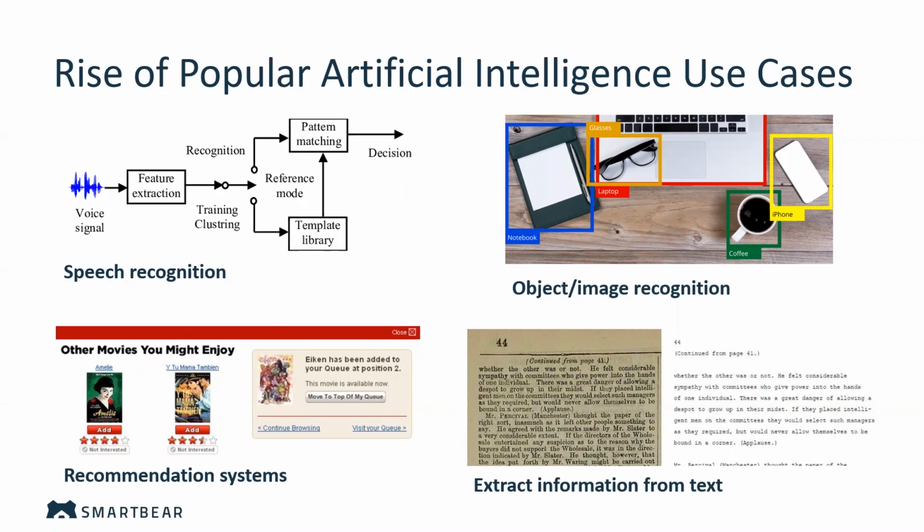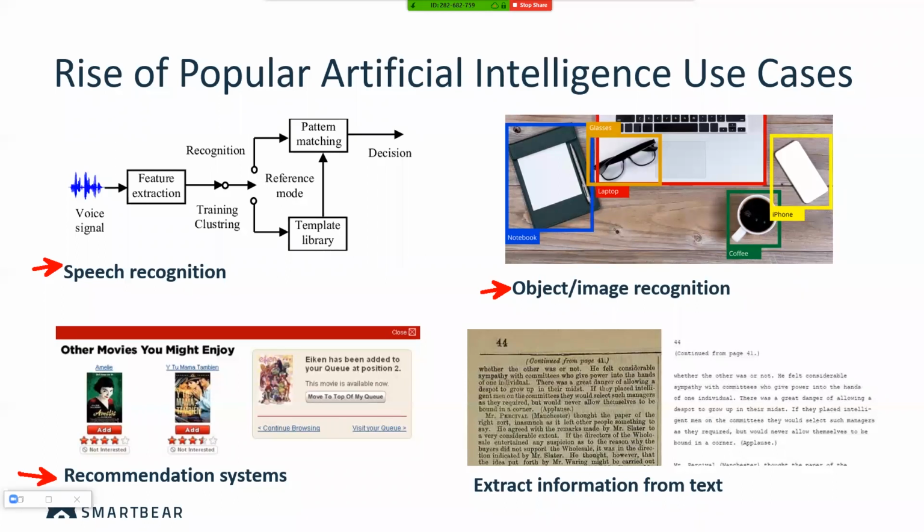Some popular use cases of AI, not just in software testing, are speech recognition, object recognition, that is in software testing, and recommendation systems. So if you're ever wondering, oh, has AI ever come into my life? I think most of the people on the webinar know this, but Netflix recommendations, when you're buying online, these are all algorithms that are a part of AI.